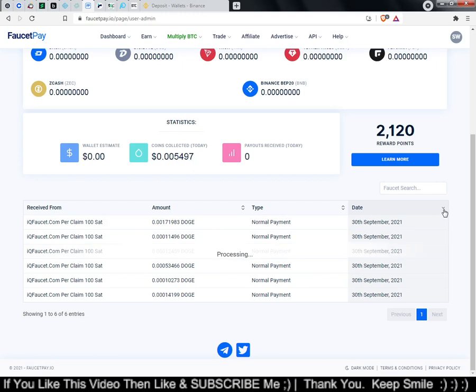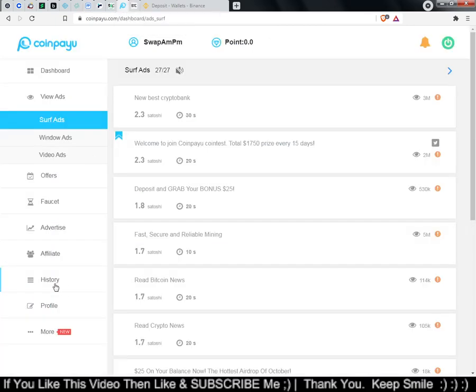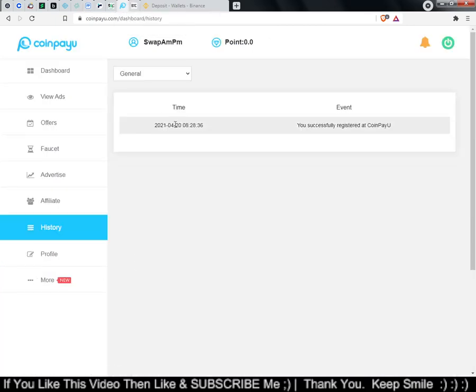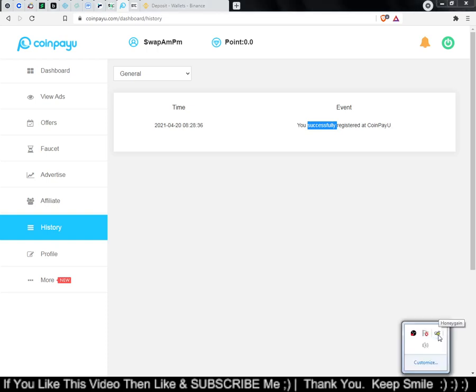Currently the history is not showing, but I'm using websites where I already get paid. As you can see here, this is the history. I already get paid by this website. It's a genuine website. And similarly, I'm using that Honeygain application, which runs in my background, and it will also give me a good, sufficient amount of money.